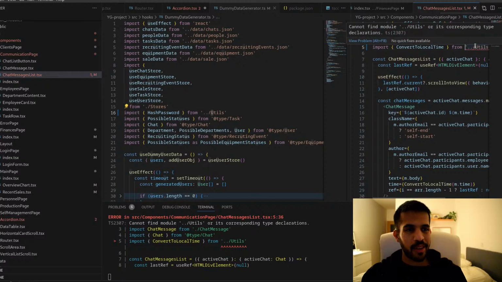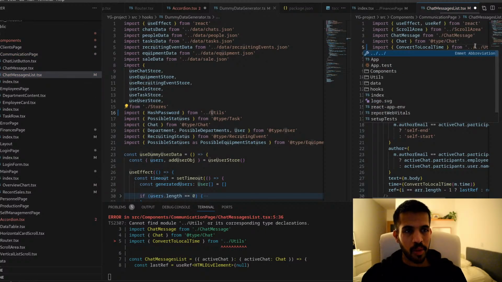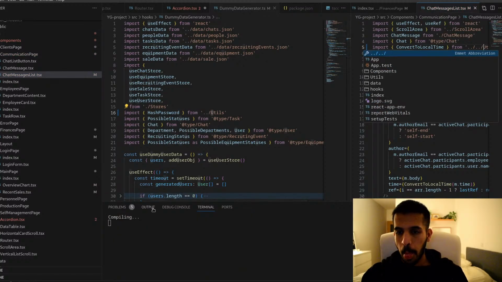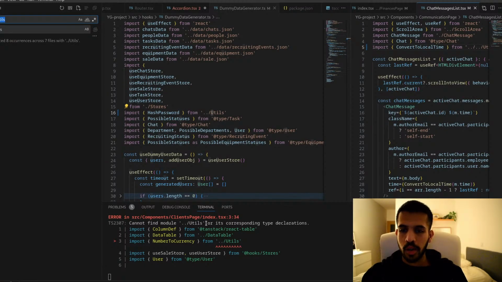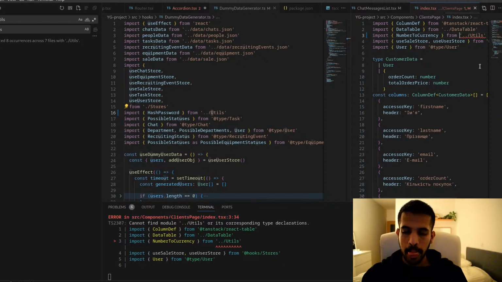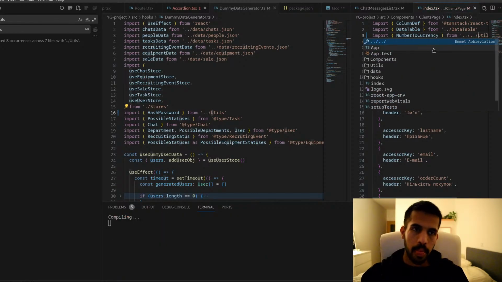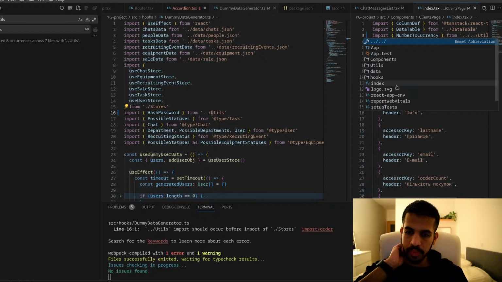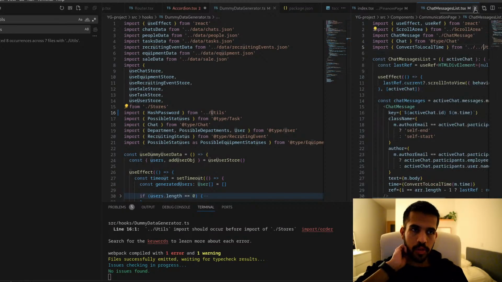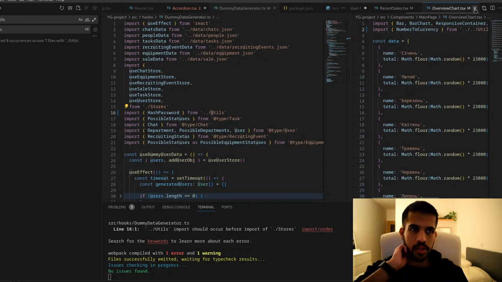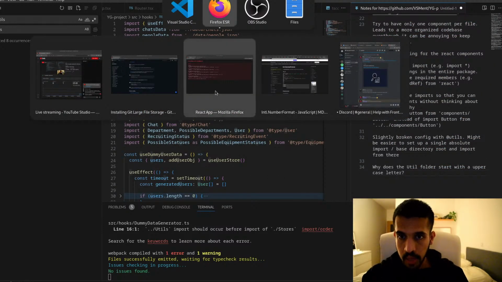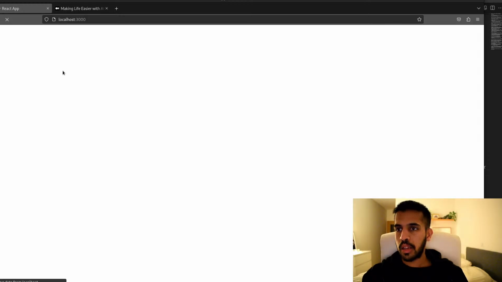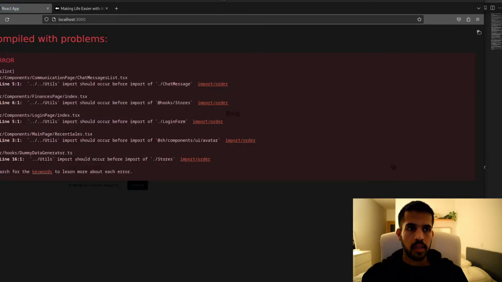This seems like it will take a while as I go and amend all of these manually. Okay, how many more should I change? Oh, yay, that's all of it. Nice. So I'll get rid of this. Let's go back and see if the project has finally started. Yeah, it's compiling with problems.